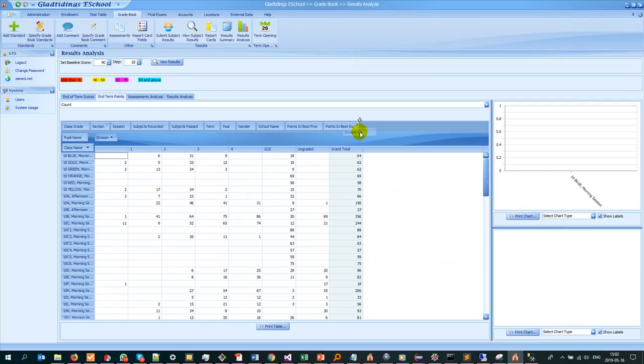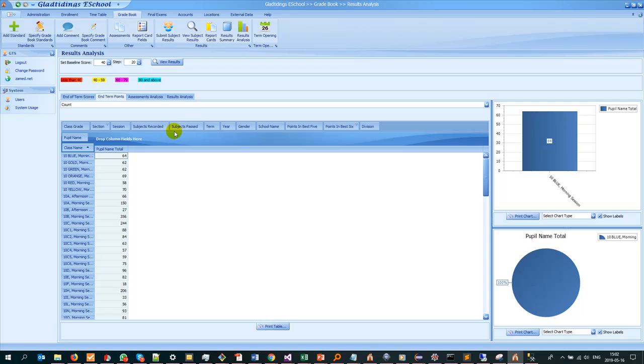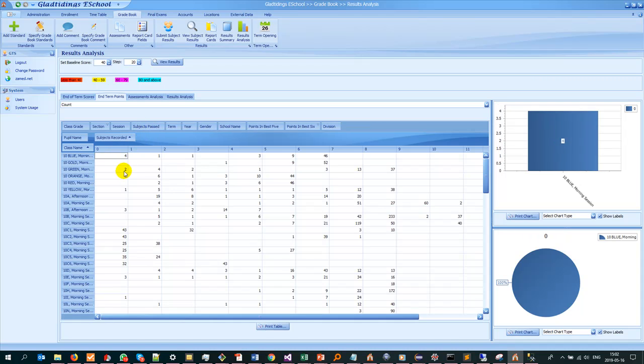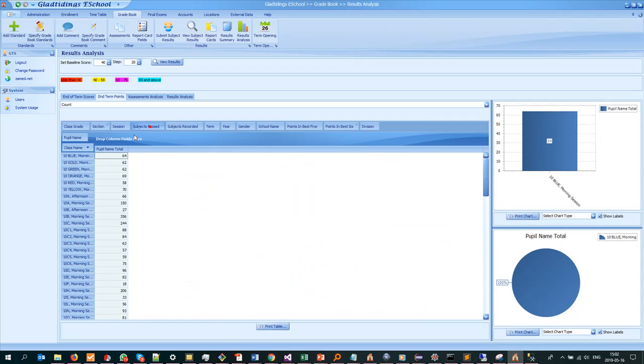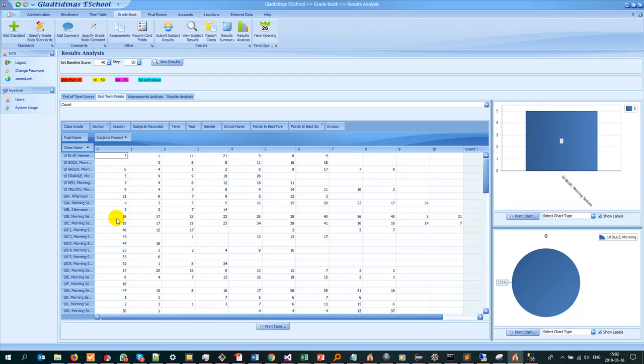You can also analyze for each of these the subjects recorded, so how many had 0 subjects recorded, how many had many, like how many subjects were passed in each class. And so you can see